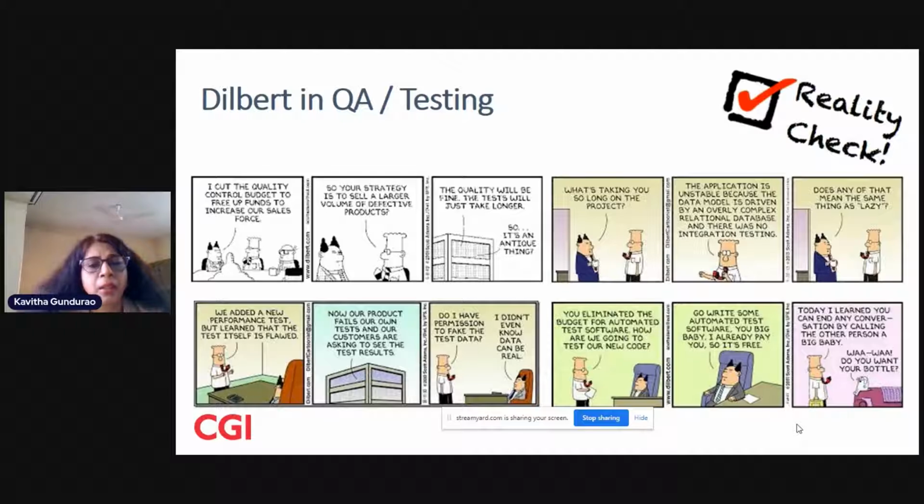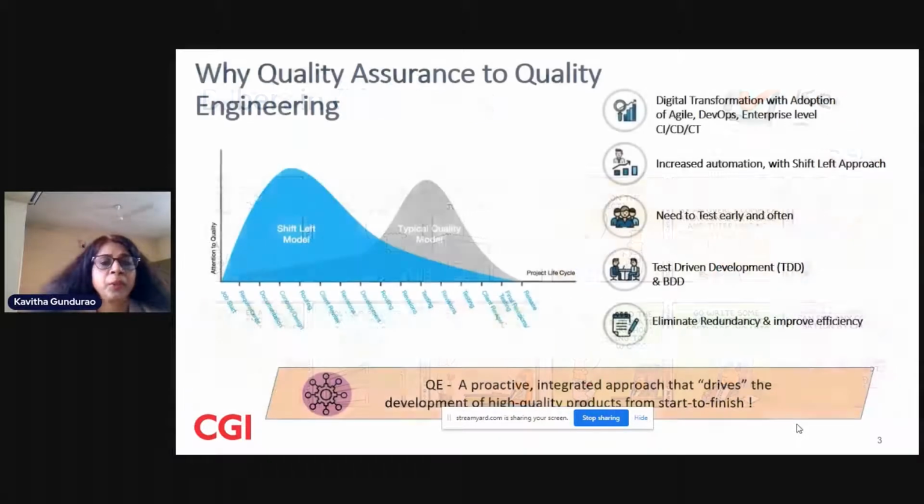How do we make things interesting, ensure that we have enough budget within testing, and move on from QA to QE? Why is QA to QE essential? We all know that most organizations are on their digital transformation journey with the adoption of agile, DevOps, and enterprise-level CI/CD. There's a focused approach with increased automation and a shift-left approach.